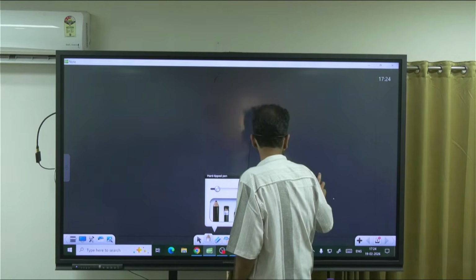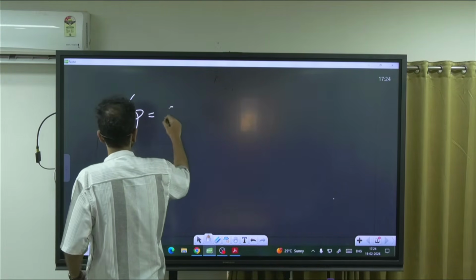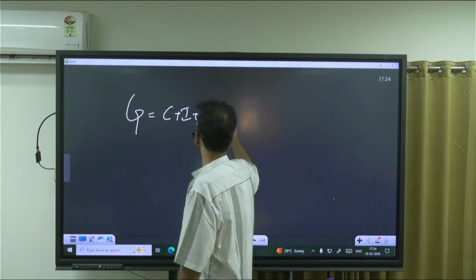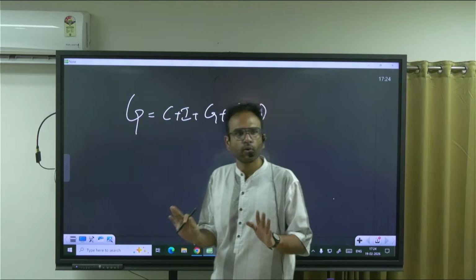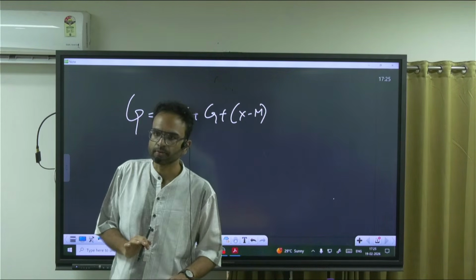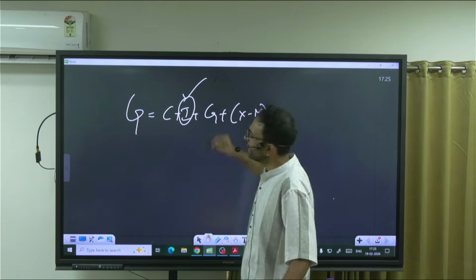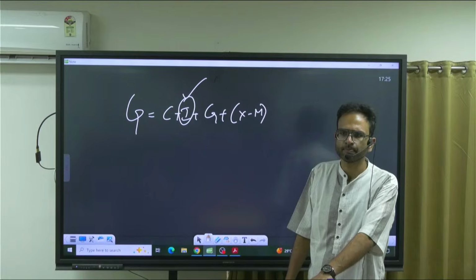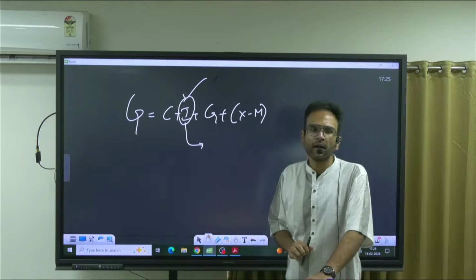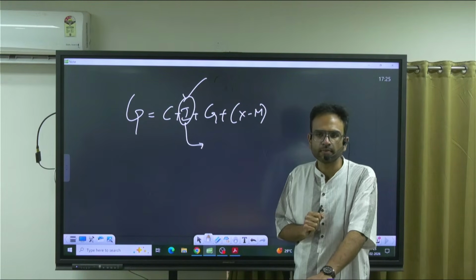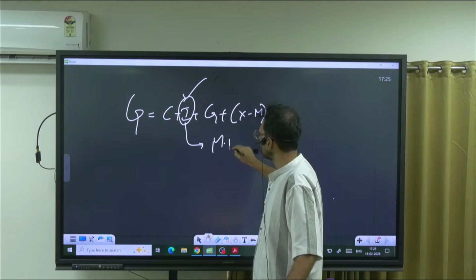Let's try to understand that by going back to our GDP formula. What is the GDP formula? C plus I plus G plus X minus M. You all know this formula. We have studied it multiple times. So if an economy has to grow, you basically need investment in our economy. We all know this. What is the link between this investment and the banking sector? Or I would rather say the entire monetary policy.